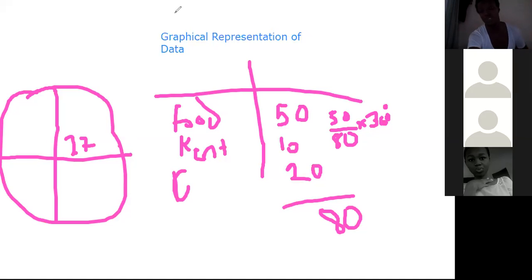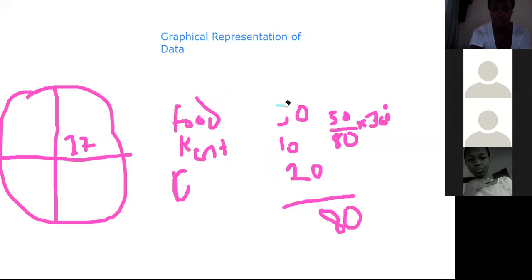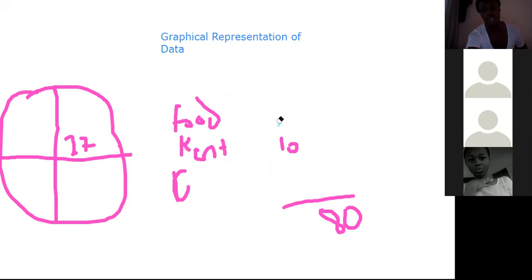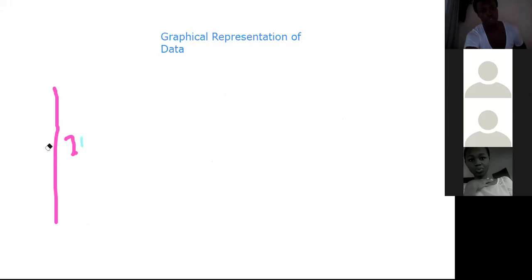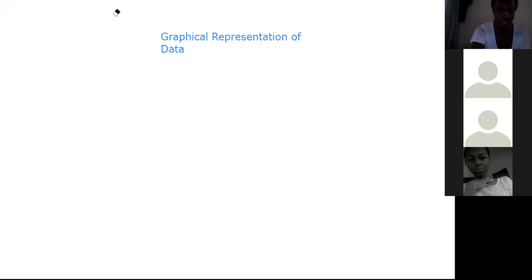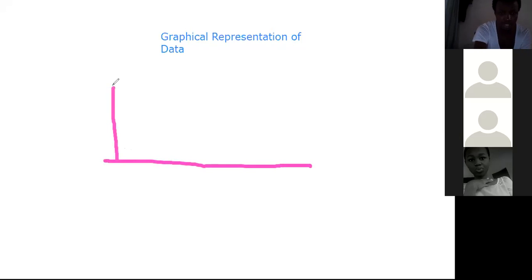With the bar chart, it's the same data you are given. We can be given the data in either grouped or ungrouped distribution, a frequency distribution table. We have the 5, 10, 16, and those things, and you want to represent it in graph form. So this is what bar charts look like. Maybe you draw this thing. The verticals represent your frequency. That is where normally your frequency is. Then the horizontals normally represent your